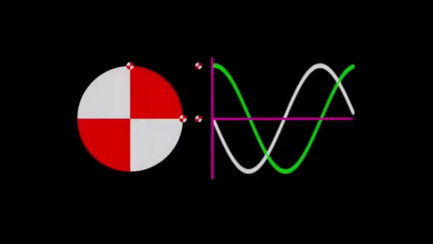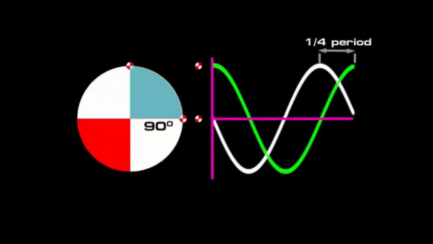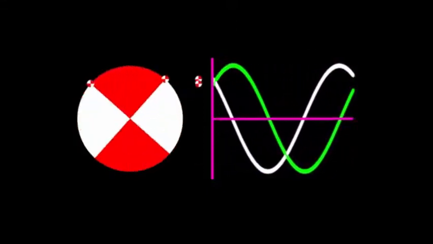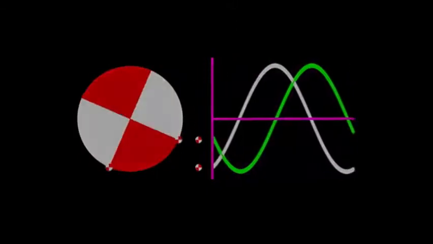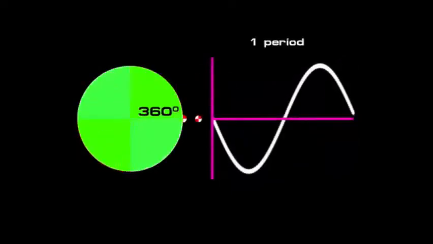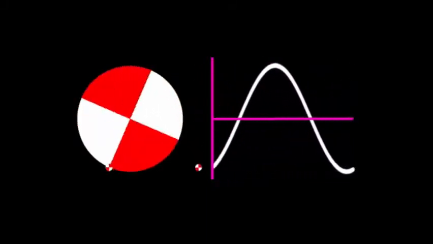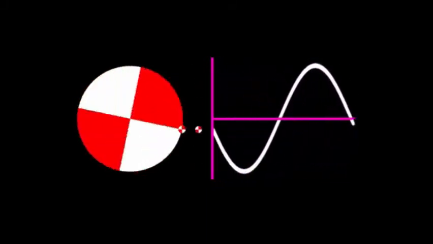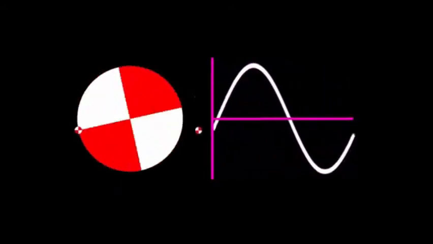Now a 270-degree phase lag has a corresponding 3/4 period time delay, or a 90-degree phase lead with a quarter period time shift. And finally, a 360-degree phase lag is equal to a 360-degree phase lead, each with a time shift of 1 period. As you can see, we cannot distinguish between the original zero phase and the phase-shifted waveforms. This also shows that 360-degree phase change, or 1 full cycle,